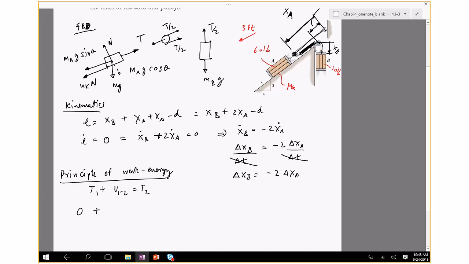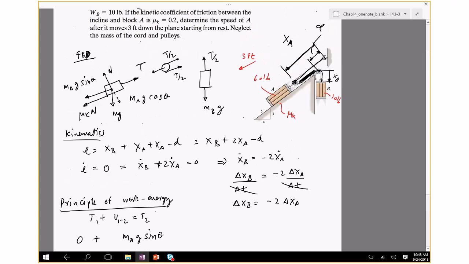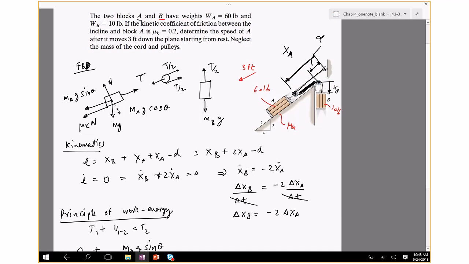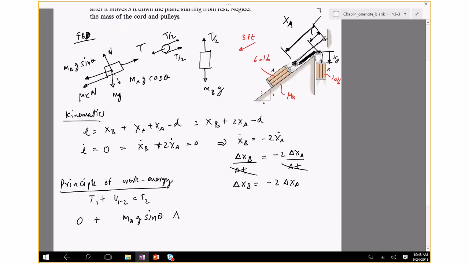A and B. So the work done is mA g sine theta times delta XA. Now I'm going to assume that A goes down, right? My convention is XA is positive, the way I've shown, downward. So I'm going to put positive for this because mA g sine theta is downward, so is delta XA. Mu K,